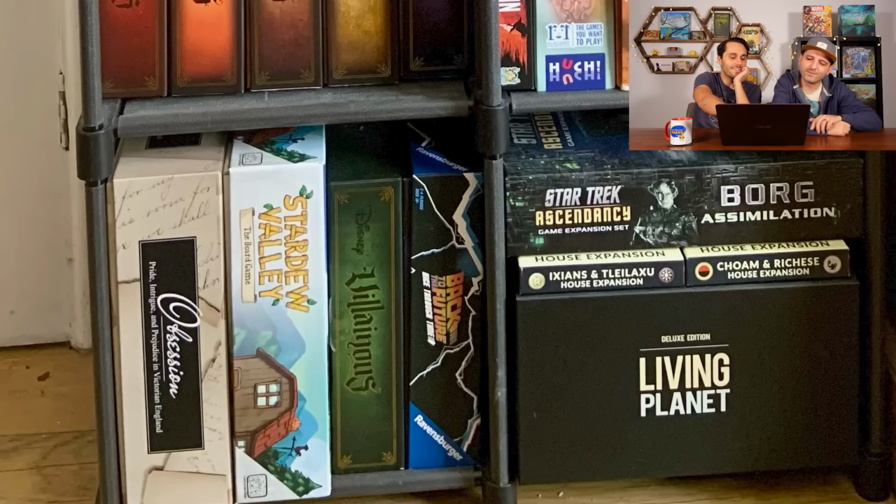I just noticed one Villainous box doesn't fit. No, you've got to get rid of one. You could put it right next to here, though. Oh, but then the gradient's all ruined. I know. I think they have to just get rid of maybe the purple box so that the green can be moved up and the gradient. No, I like the purple there. I like the purple too. I think you just throw the green one in the garbage and resign yourself to the fact that